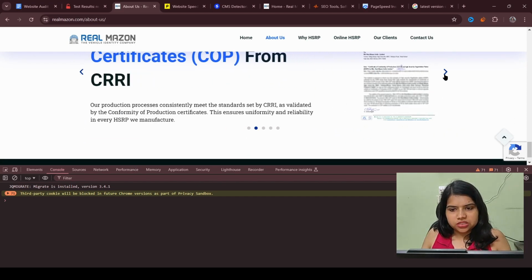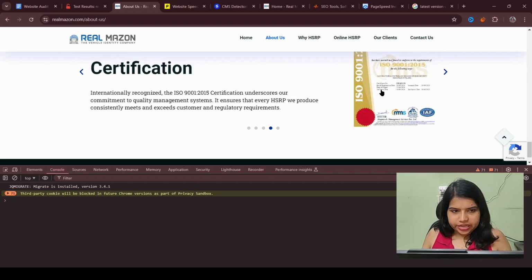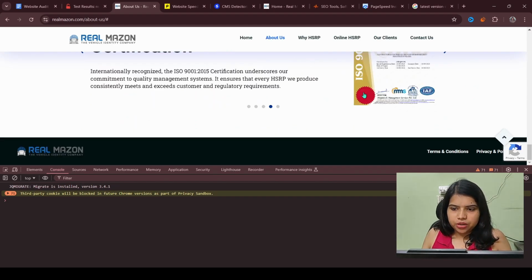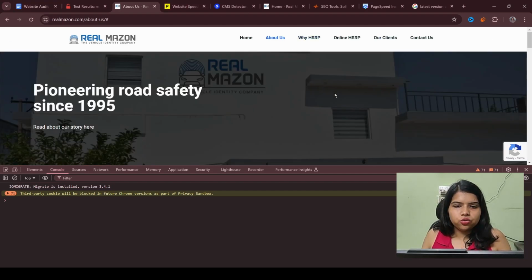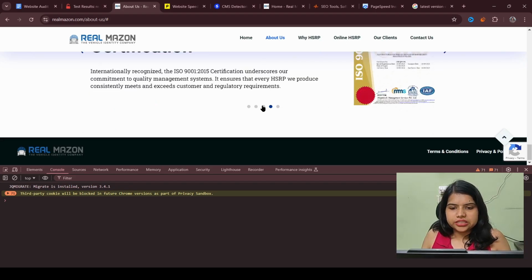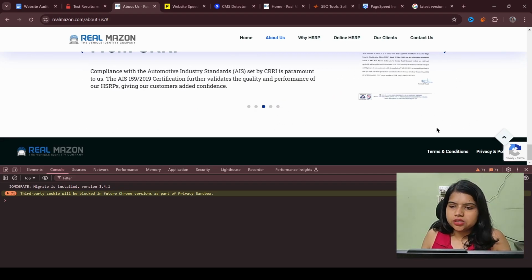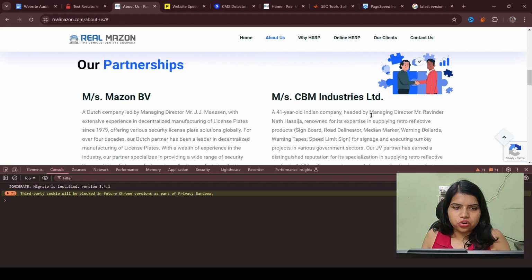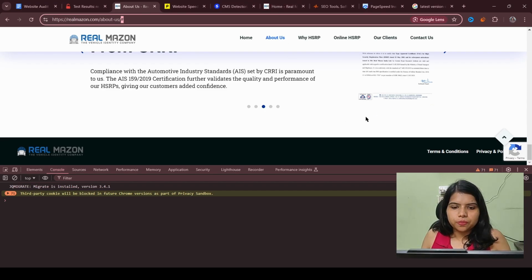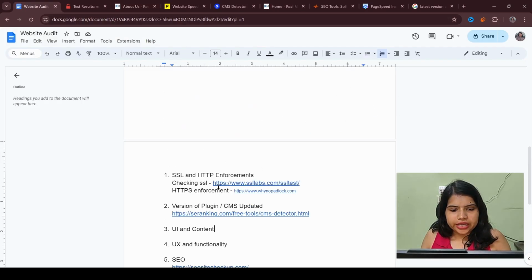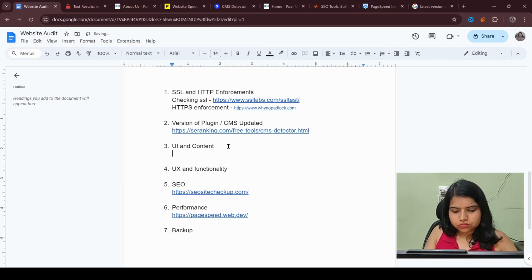Here you can see there are some sliders and they're not working properly. If I click here, see, it is taking me to the top of the page, which I don't think is a desired behavior from the client's perspective. So I can highlight that there are issues and it is being redirected to the top of the page. It is not necessarily taking anywhere. Chances are the developer might have missed this point, that it should not redirect. The tab is getting added to the URL, which is taking it to the top. You can inform about this in the UI, if anything is not looking correct visually.